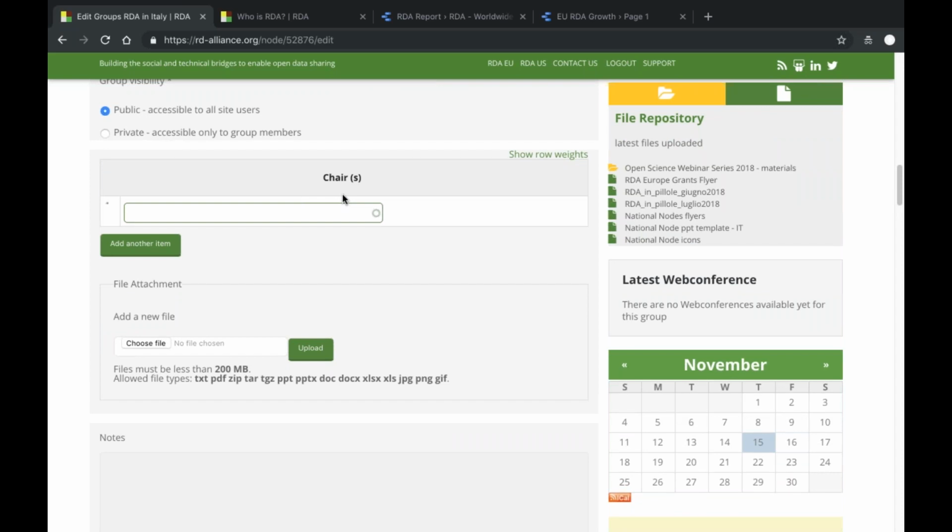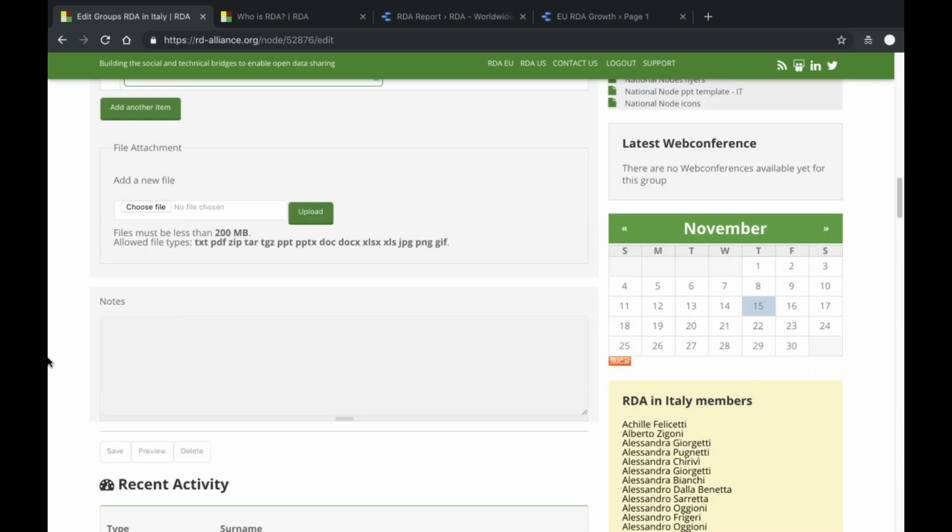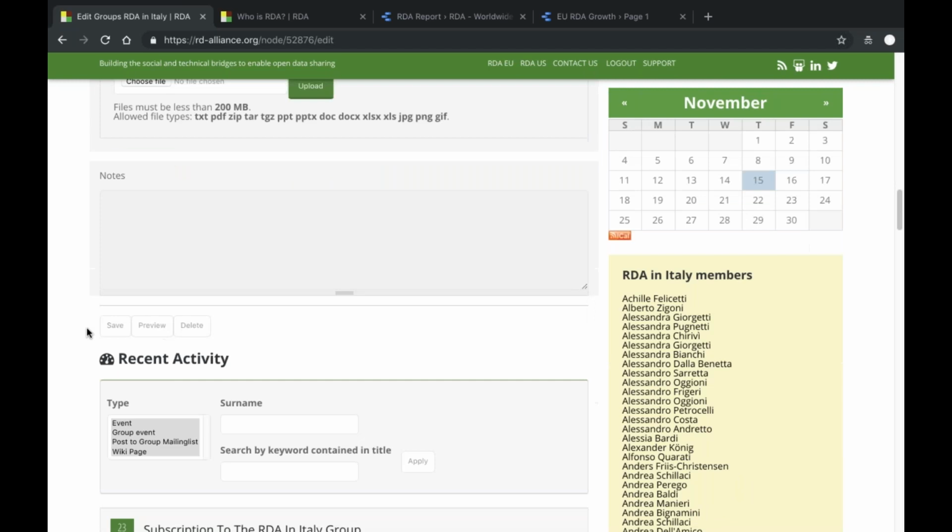They won't gain any permission. We need to do that from the backend, but they will be labeled as chairs of your national group. You can also attach files here and add a note. At the end, you can preview, save, or delete your edits. Well, let's go back